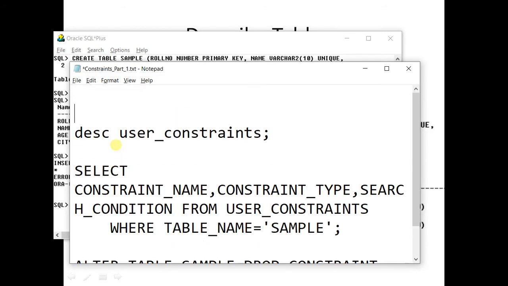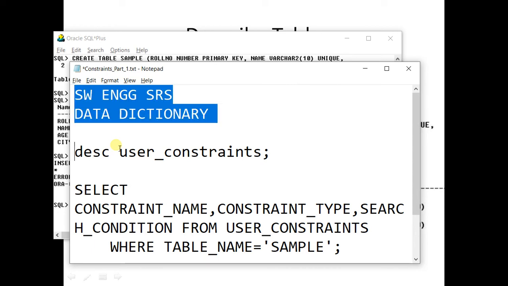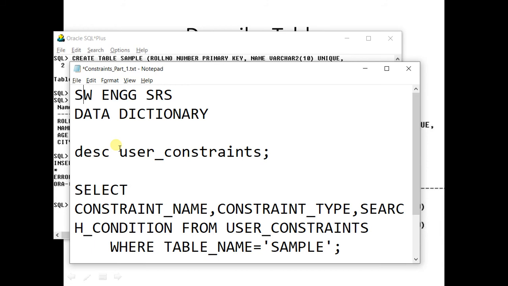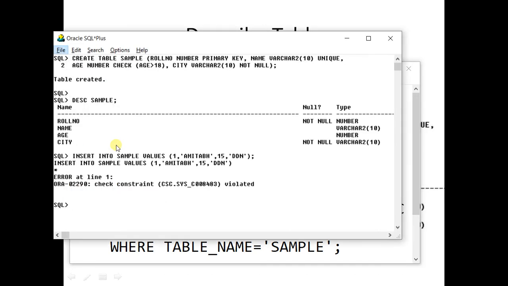Number one is your software engineering document, SRS, and another one is data dictionary. These are the 2 places where you can later see what constraint you have applied on which table. SRS is a software engineering document, but the more handy one is data dictionary. So let us see it.